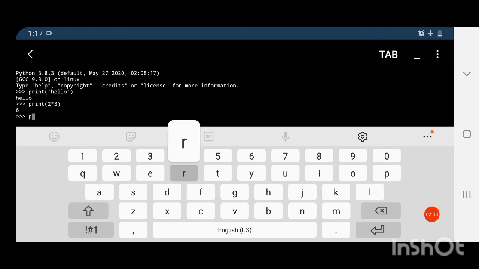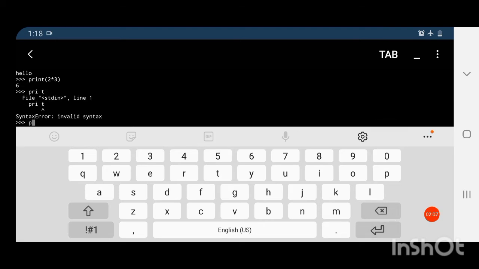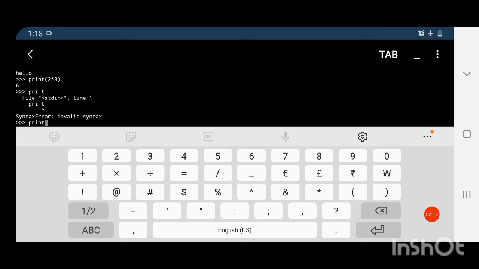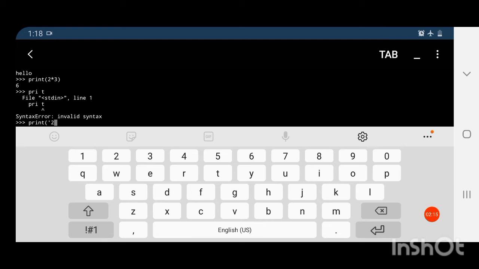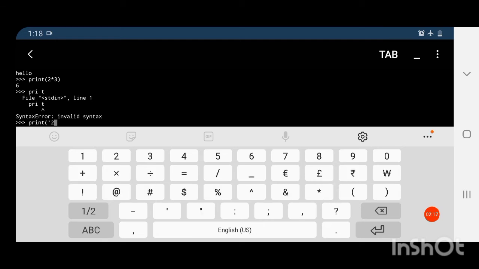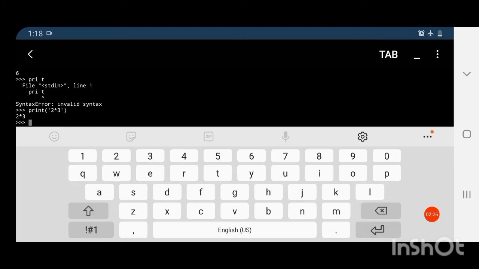Now if I write print, then in the bracket, in single quotes, I write 2 star 3, then you can see 2 into 3 is not 6.